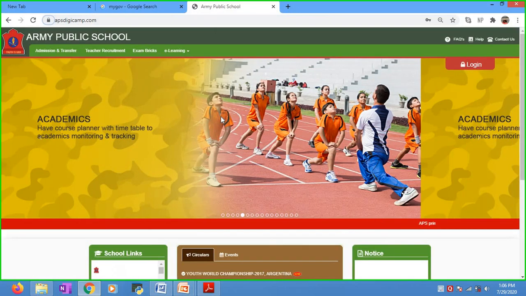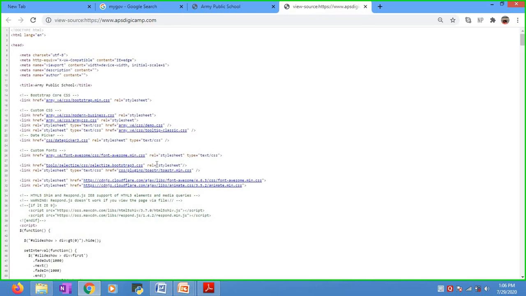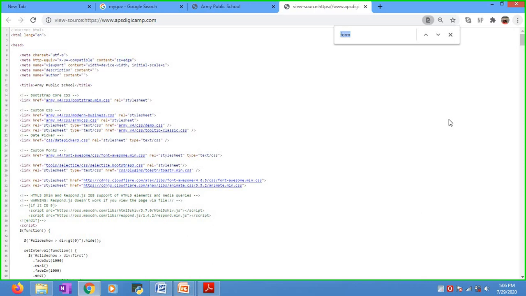So that is one. And then another is your school digicam. Have you ever seen digicam opened? Yeah, okay. So when you right click and inspect this also, view page source, again you will get the HTML programming. See, and if I want to find out where the form is, have they used a form, then write form and look for it.